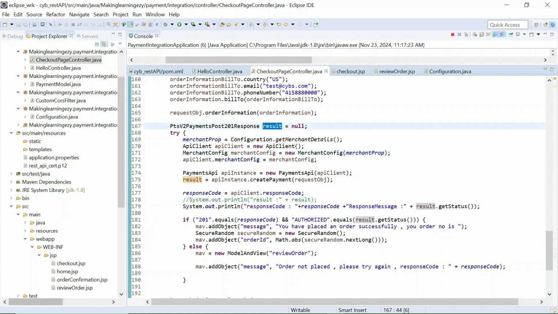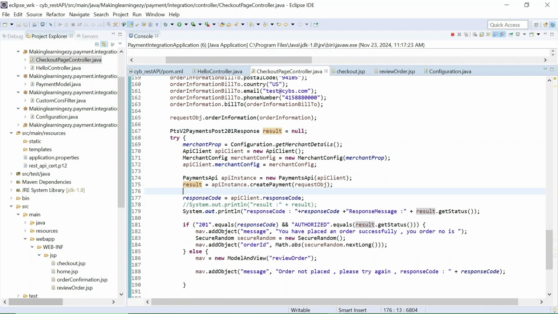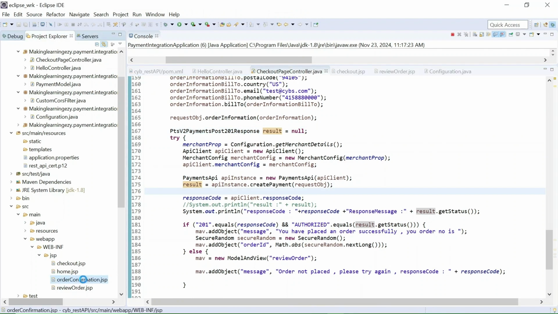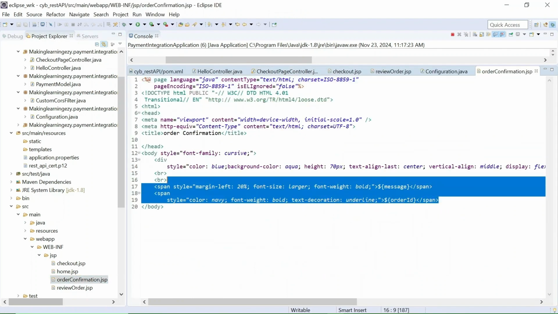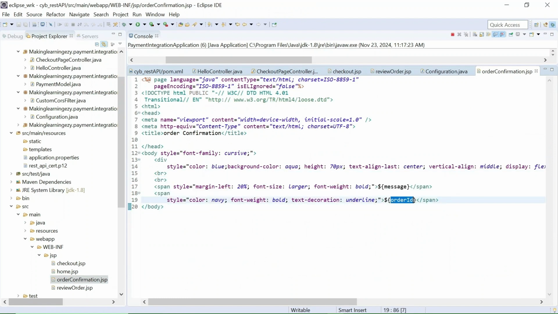This result object will have other details as well. So you can just print this result and you will see what all details it can have. And as per requirement, you can fetch the details from this result object. Let me also show the order confirmation. So this is the simple file where we have a message and the order ID.